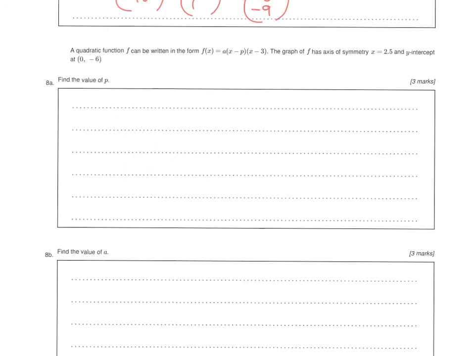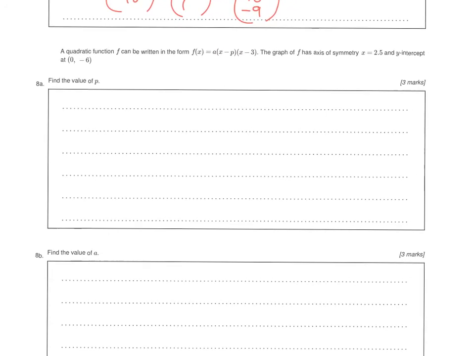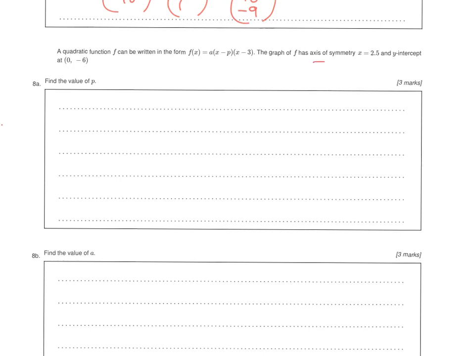So this question is a quadratic question. We know because it says it's a quadratic function and it talks about the axis of symmetry. We have done a lot of different things with quadratics, both using a lot of algebra and just thinking about it visually. And this is one of those where you want to draw as much information as you can. It's telling you that the axis of symmetry here is 2.5. So if I were to sketch that,